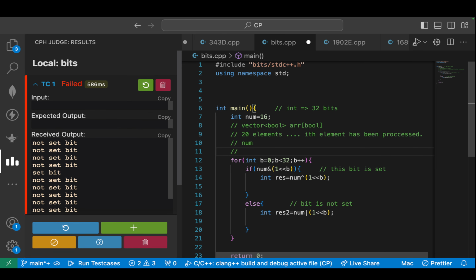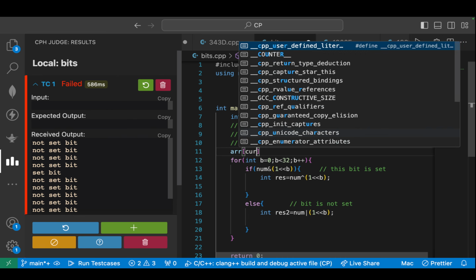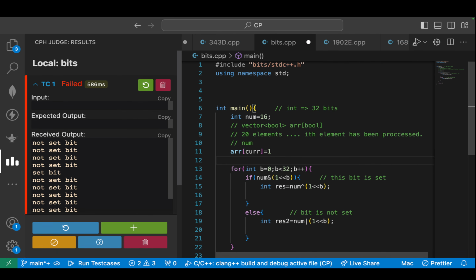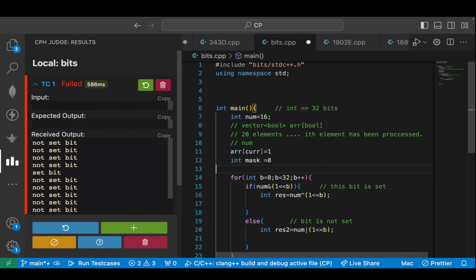Now in case of an array of bool, what you would have done is that if you're visiting a particular number, you would have said array of cur is equal to 1, right? But over here, since there are only 20 elements and the integer can actually represent 32 bits, if I am visiting the value cur, then what I'll do is I'll firstly define an int mask, right? And if I'm visiting it,